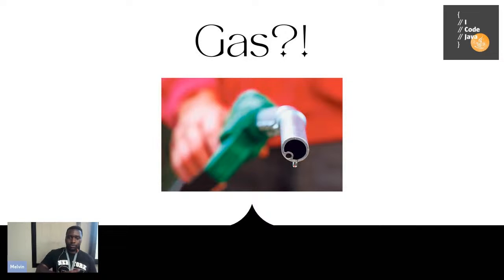So firstly, to deploy the contract, it's a transaction. I'm sending bytecode over to the network, and that bytecode has to be converted into a contract, and someone has to be responsible for doing that. So, in the tens of millions of people who are on the network and having the computers ready to compute such stuff, they have to be compensated somehow, and they get compensated with gas. And gas is the coin of Ethereum.